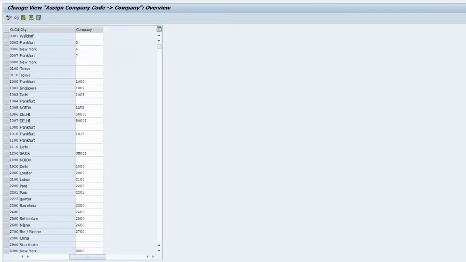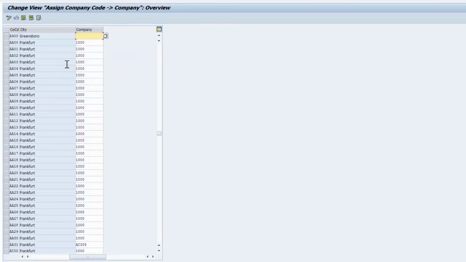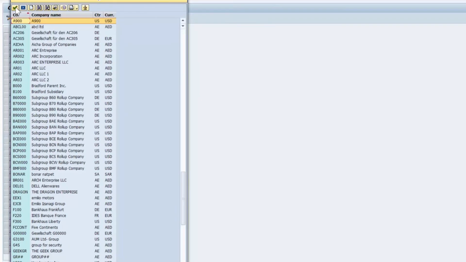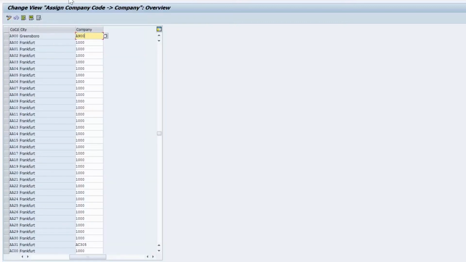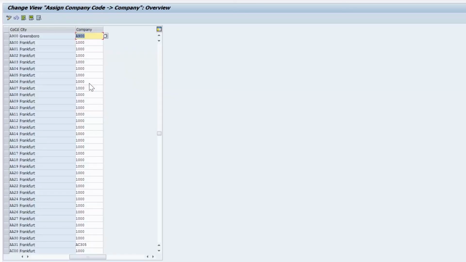Company code is A900, and the company that has been defined is again A900. So company A900 is assigned to company code A900.